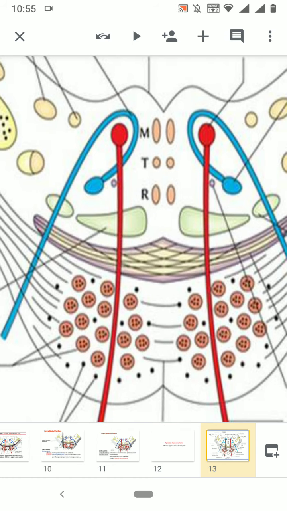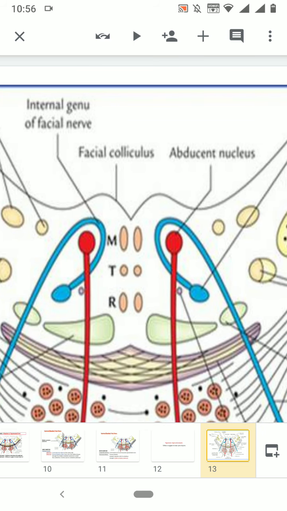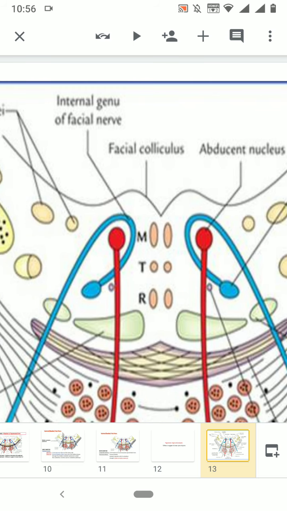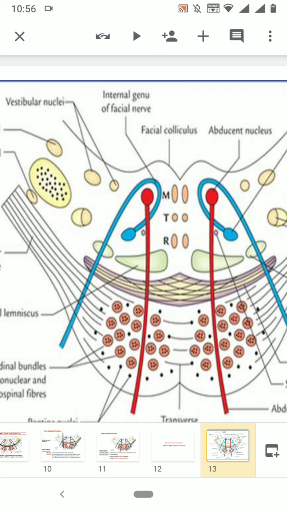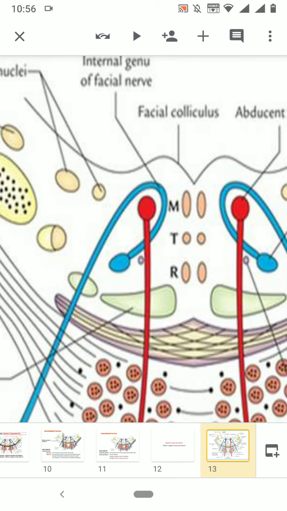What I am seeing in the center, the diamond shaped purple color with slightly yellow in the center, is the trapezoid body. Now this trapezoid body, which is lightly purple color, a flattened out fiber bundle, is connected with the auditory system. It is getting fibers from the cochlear nucleus, and it forms a band over here which is called the trapezoid body. Now from the trapezoid body we are going to go upwards to see the tegmentum of the pons and not downwards.